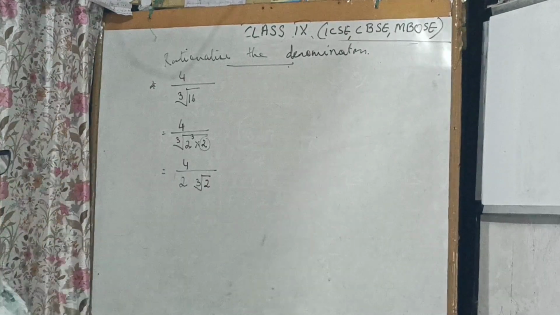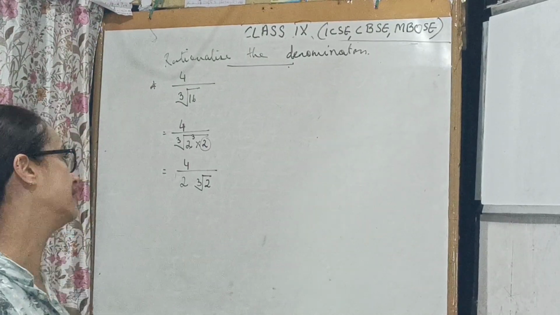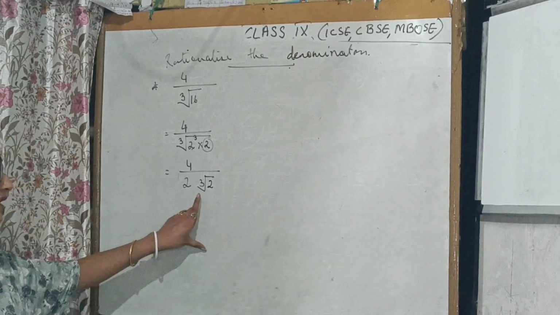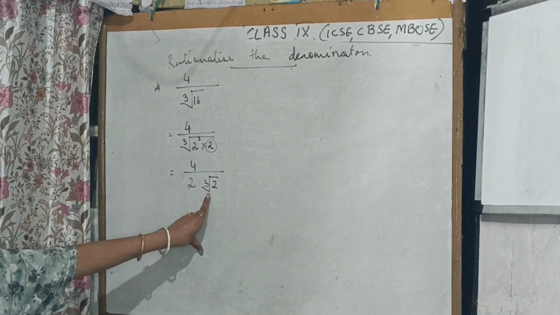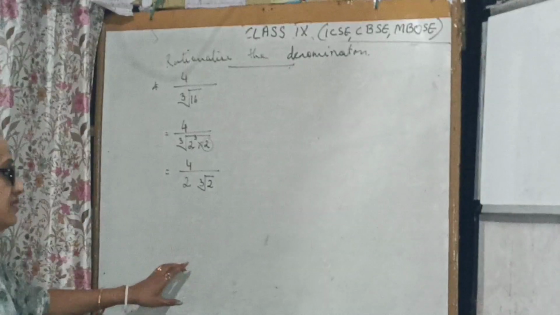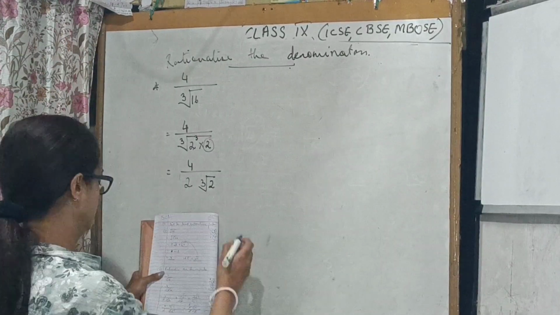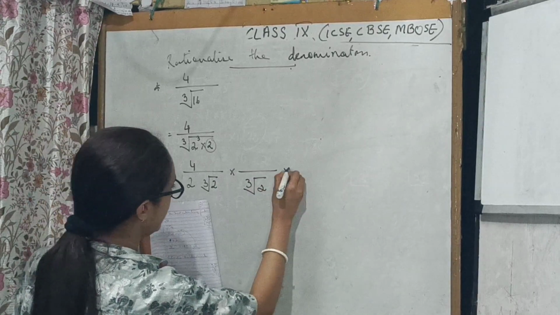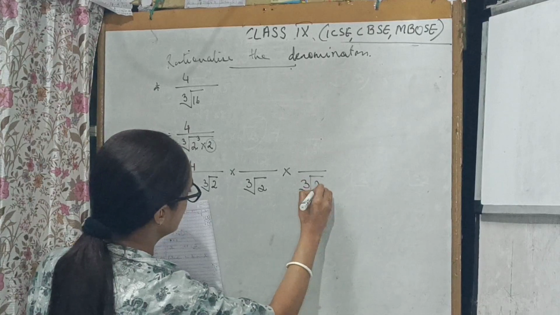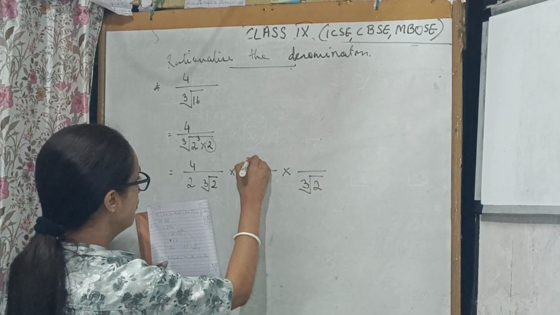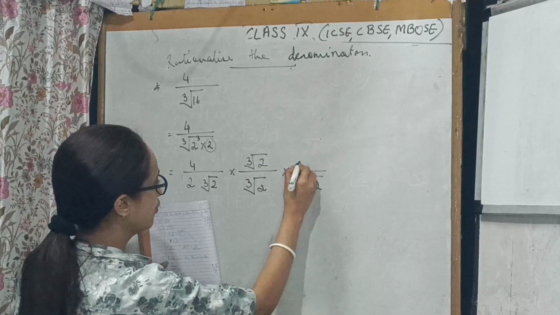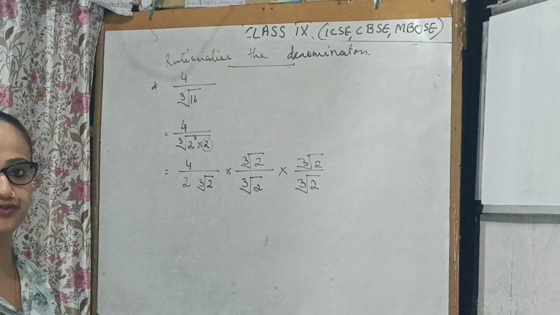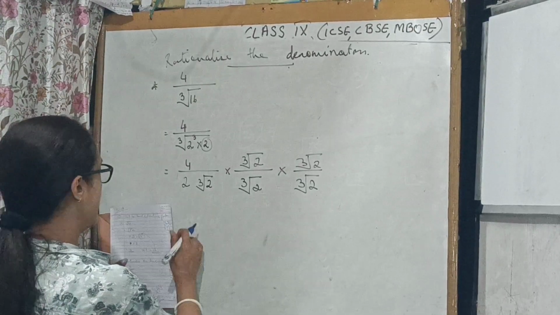So all this time there was a common question. We had to multiply. Then we got the answer. But remember the root here. It's the third root. You just cannot multiply once. You have to multiply it twice. What I mean is third root of 2. Again third root of 2. नीचे जो लिखा है ऊपर भी वही लिखो. Never start from up. You will be confused. नीचे से लिखना है. Okay?